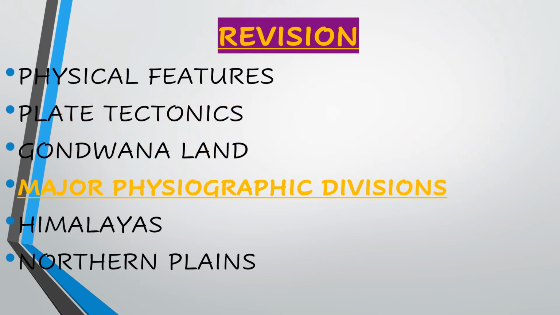So our chapter began with the physical features of our country, that is India, where we studied about the major physical features that we can see as hills, mountains, ranges, plateaus, plains, rivers, etc. Because these things contribute to the physical features of our country. Physical features are things you can see and touch. Clear? Now, how were they formed?